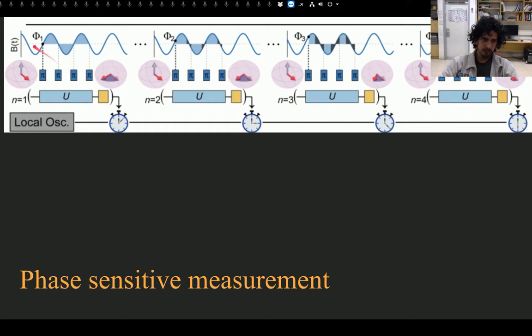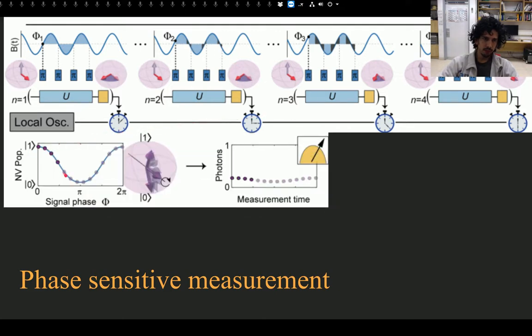And if our signal has some kind of detuning away from our control pulses, then each measurement will have a different accumulated phase on the NV center. So the blue shaded area is the phase accumulated by the sensor, and each measurement will have a different accumulated phase. Here the black shaded area cancels out completely, so we have less accumulated phase, and this phase is translated into the population of the NV, and